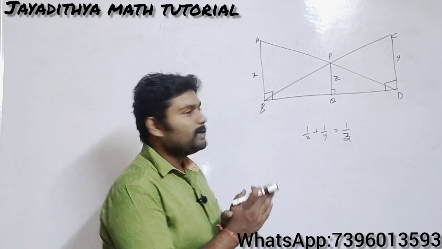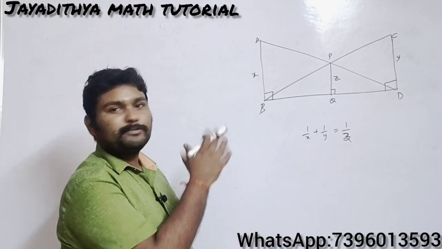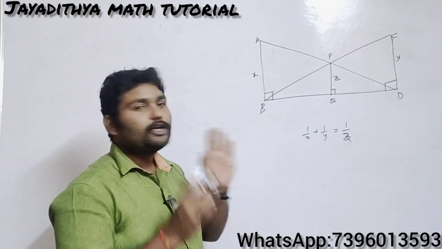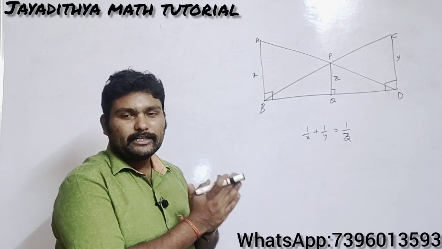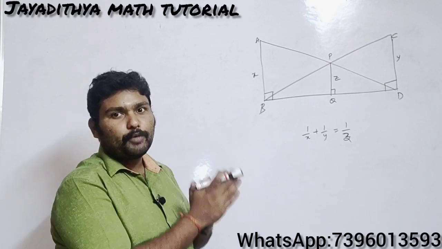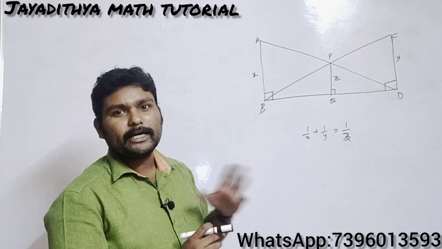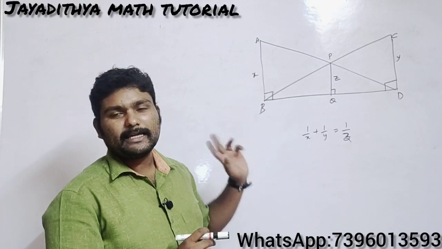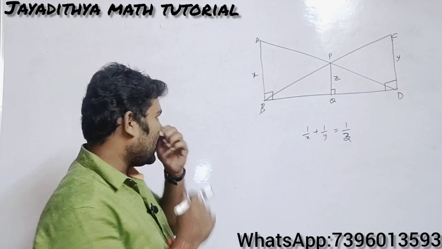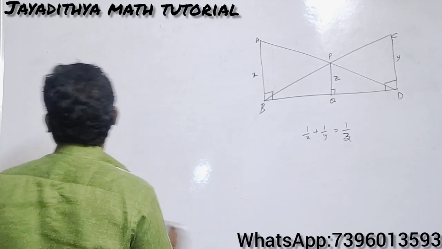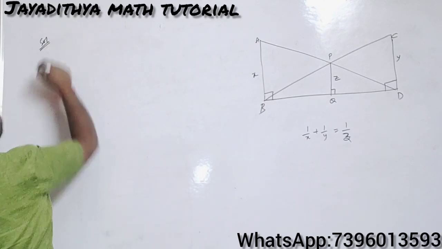So this problem is very simple, but seems to be difficult for some students. Here you observe what triangles we are taking and what criterions you are applying. That is very important. The problem is very simple. Here you should apply the similarity conditions 2 times, and one trick is there. That step will be important, so you should understand that step clearly. So let us go for the proof, that is the solution.